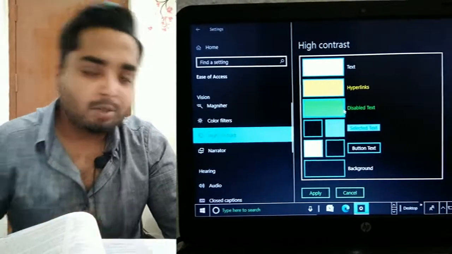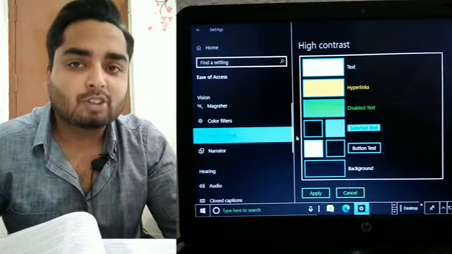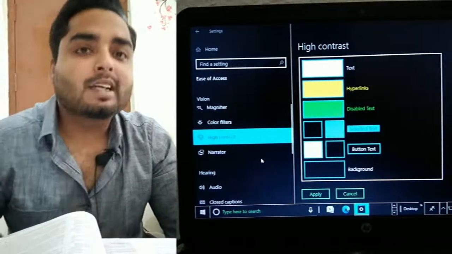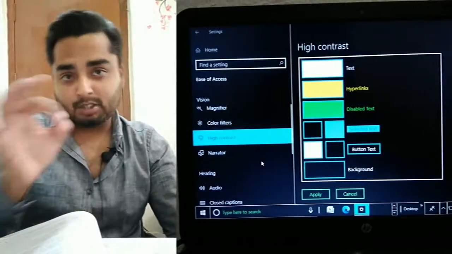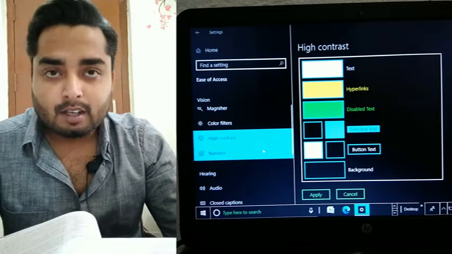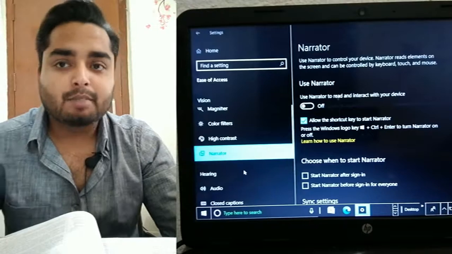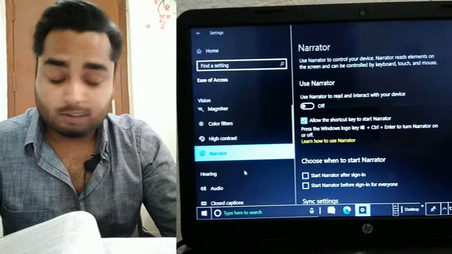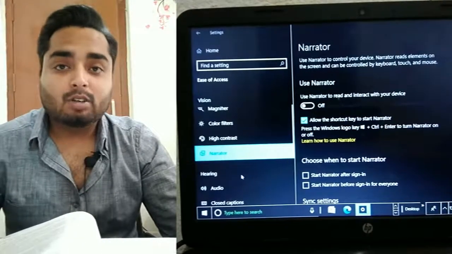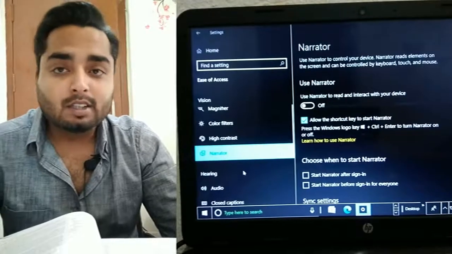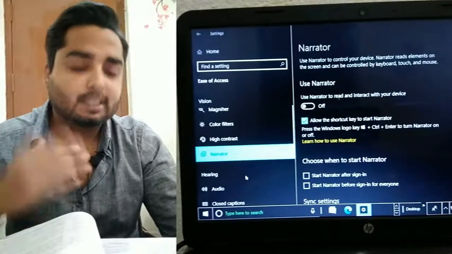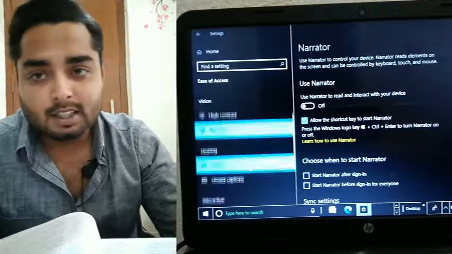Color blind persons generally use the high contrast option, as they cannot see a particular type of colors and can see only certain colors for their vision. We have also seen the narrator. It is used for visually impaired persons who cannot see anything on the screen, so they can hear the options and use them accordingly.